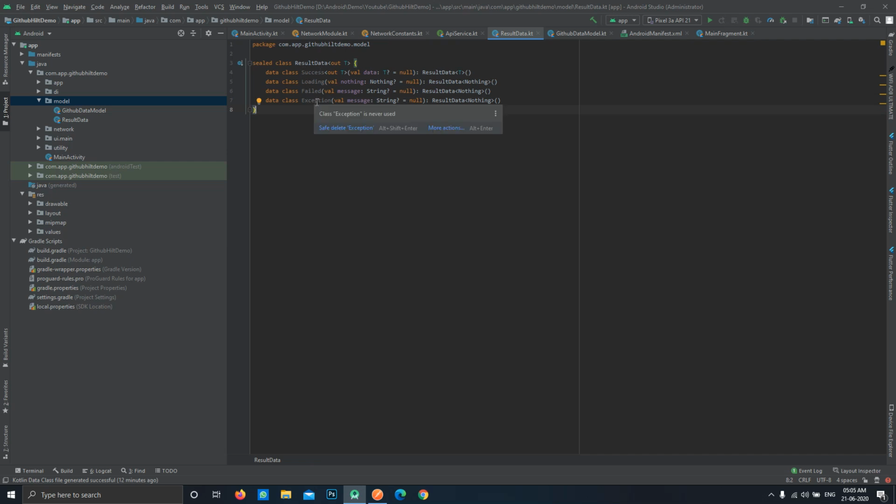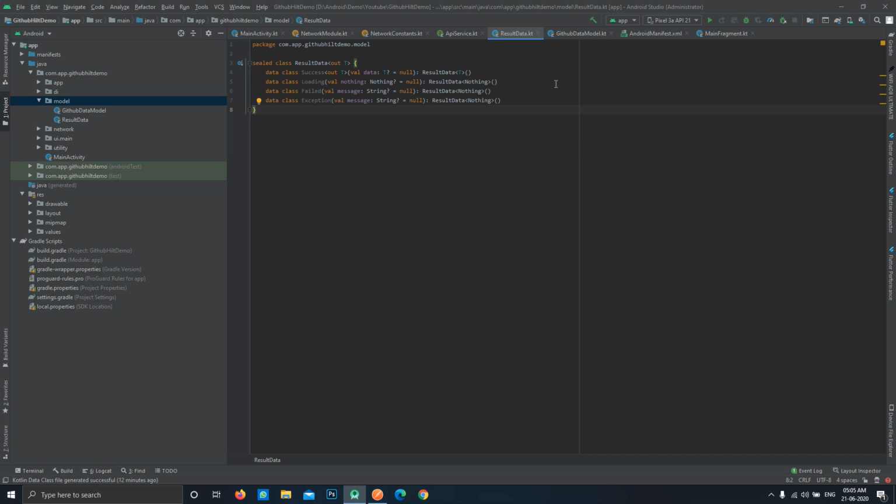If you are new and you don't know what these enums or sealed classes are, then don't worry. When we actually implement these classes, you'll be thinking, wow, this is actually a pretty awesome thing. You'll be surprised when you see how these work.